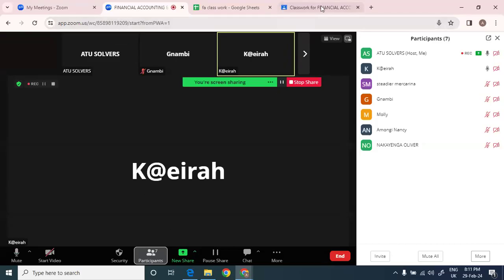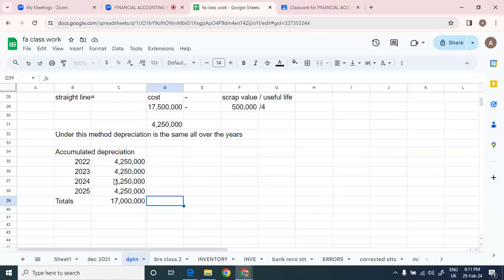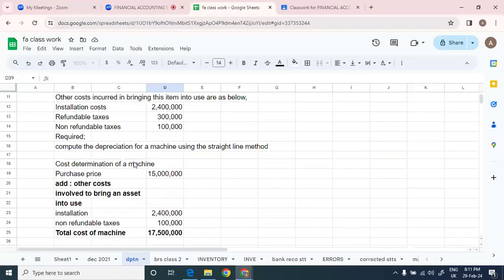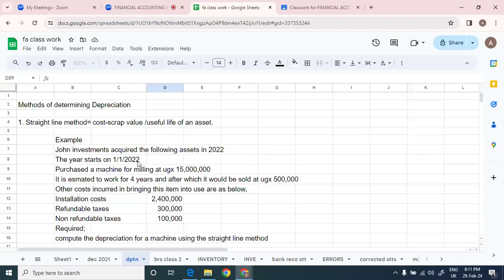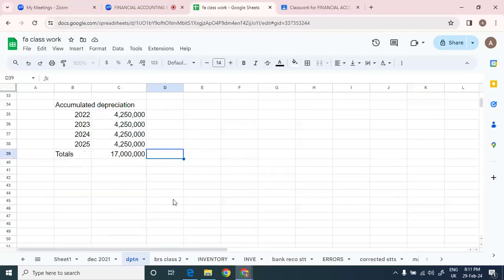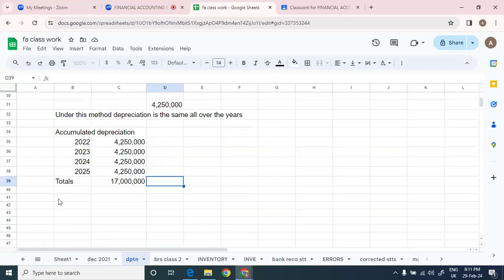Okay, let's look at it. In the case of this question, because when you see scrap there, it means you'll have to use this method. But let's look at a scenario in case